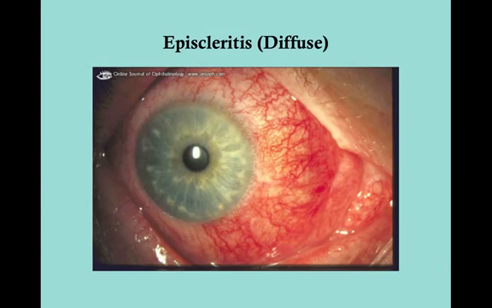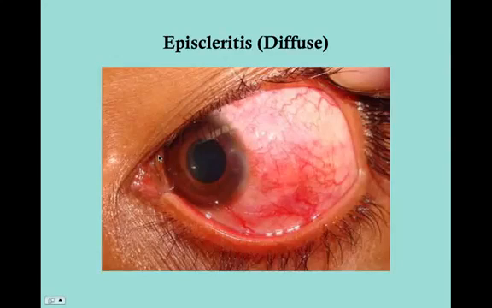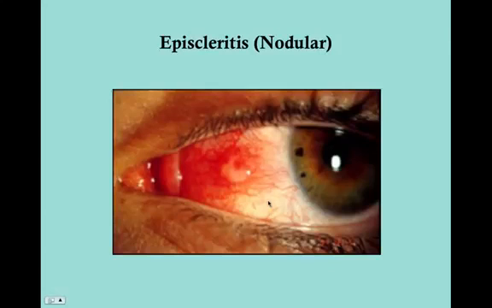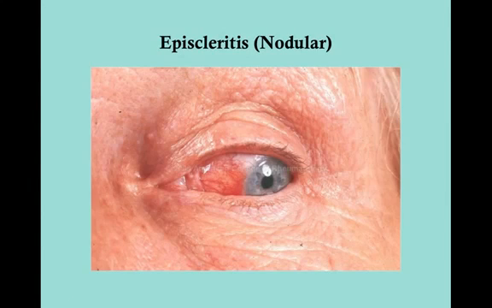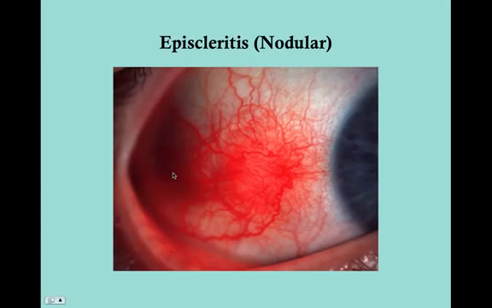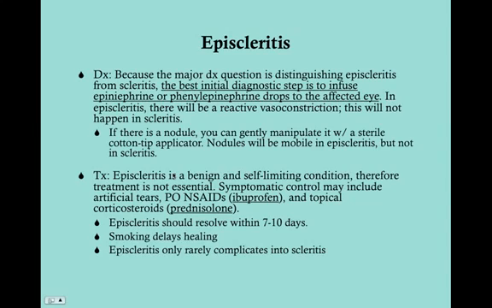And this gets us to, we have some pictures here. So here's a diffuse episcleritis. This one's diffuse too. Well, that might be a nodule there. I'm not sure on that one. This one's definitely nodular. You can see that nodule right there. And then this one's nodular as well. Okay, so